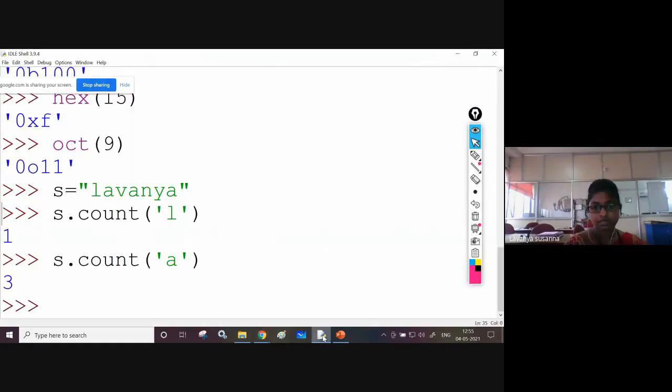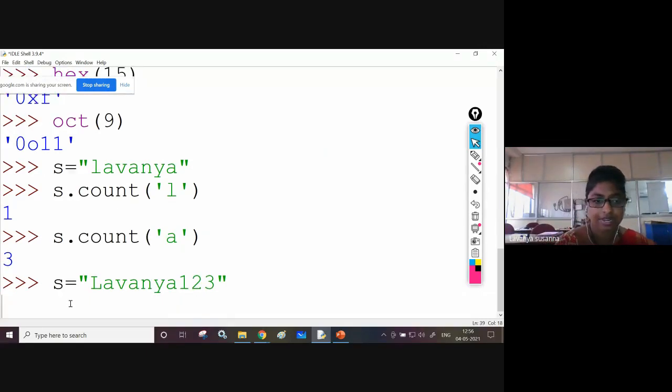First, let us see. S equal to, in double quotes, capital L, then A, V, A, N, Y, A, 1, 2, 3. Okay, enter.